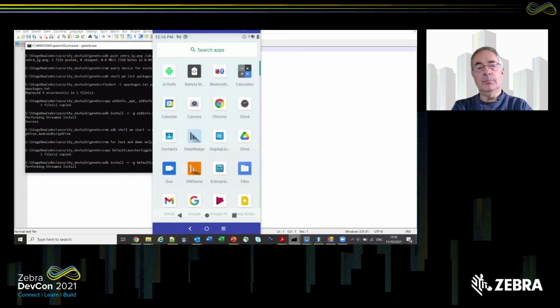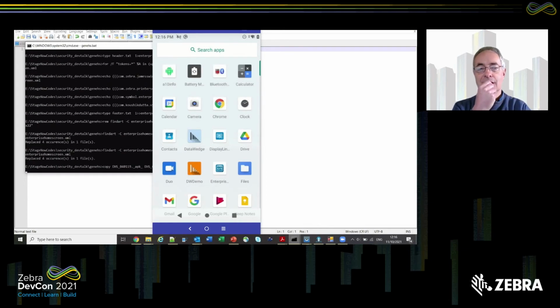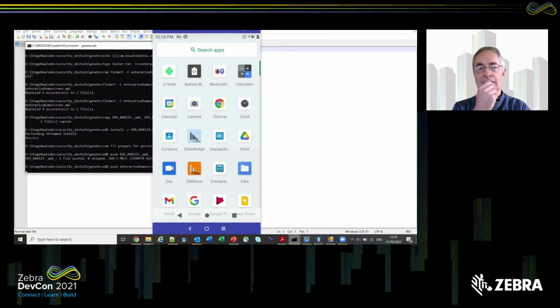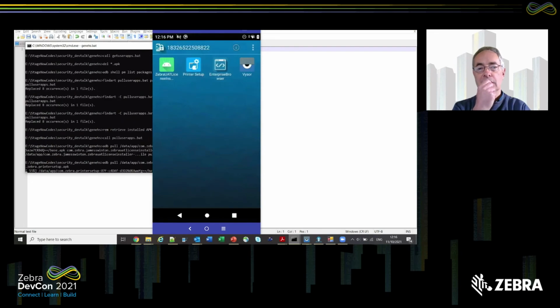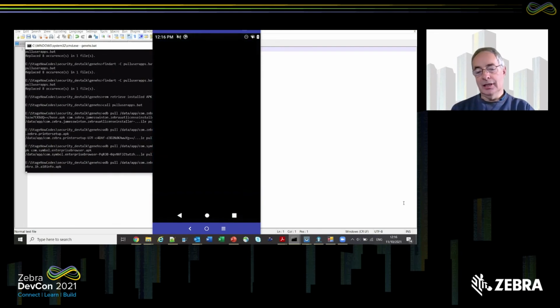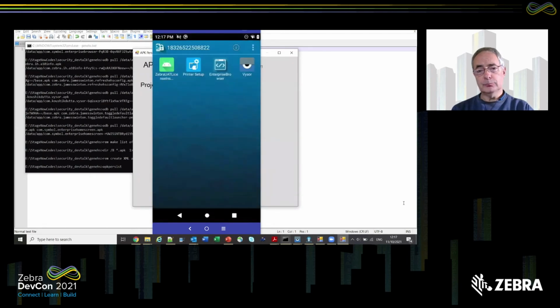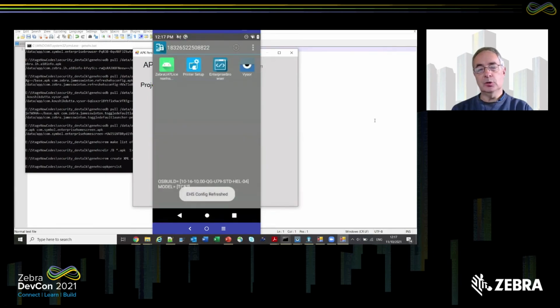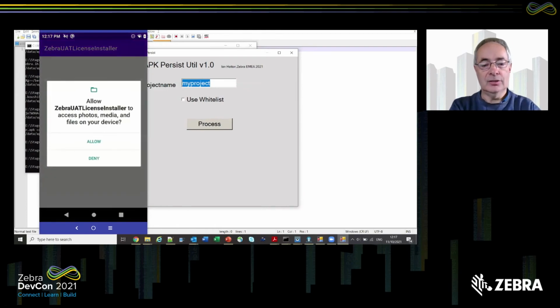and it will then install the utilities I was talking about, like the A10 info utility. It basically then installs EHS and does the watermarking of the wallpaper image, which you can see there. So it's done the full installation. It allows me to enter the name of the project. So let's call this